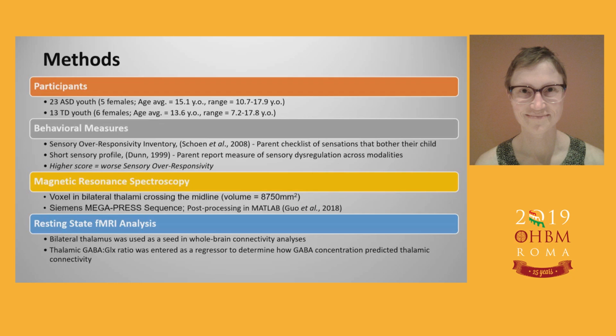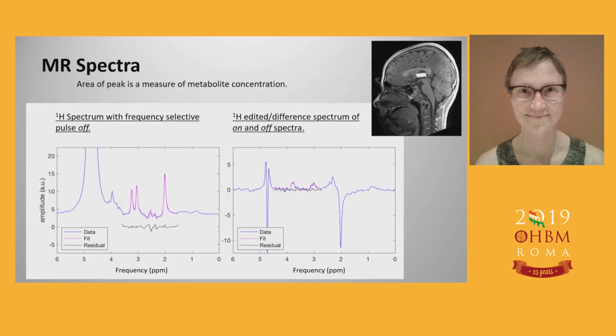So here you can see our MR spectra. On the left we have a normal proton spectrum where the frequency selective pulse is off. In the MEGA-PRESS sequence, you use an on and off frequency selective pulse, and when you subtract them, you get the spectra that we see on the right here, and the peaks that come out are GABA and glutamate respectively, and by measuring the area of those peaks, we can get a measure of the metabolite concentration. And in the upper left corner, you can see that our voxel is placed right on the thalamus and it